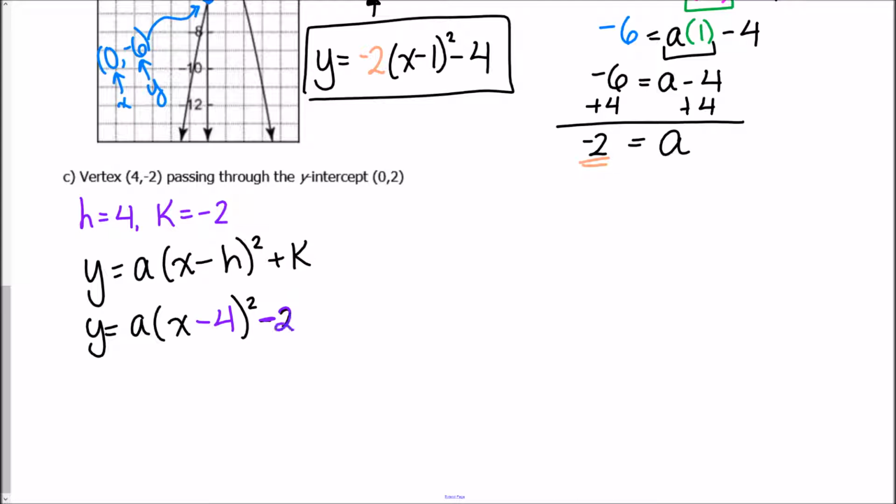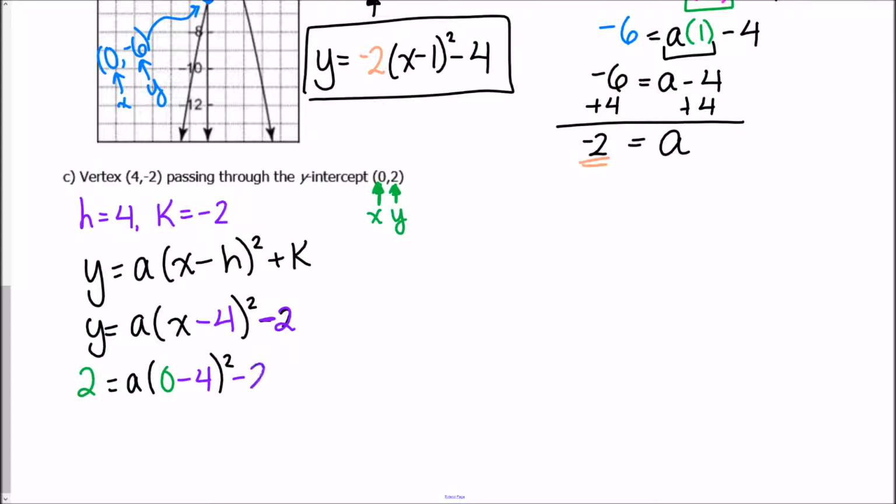So I'm going to write minus 2, and then I'm going to plug in my information here. So x is 0, y is 2. So here I'm going to plug in 2 right here, equals a times 0 minus 4